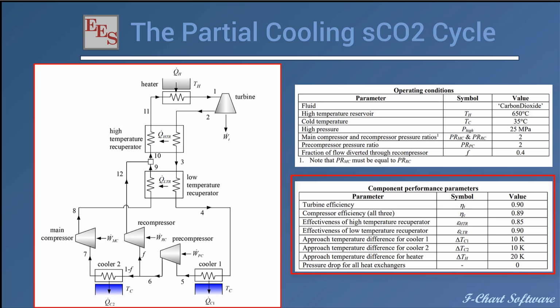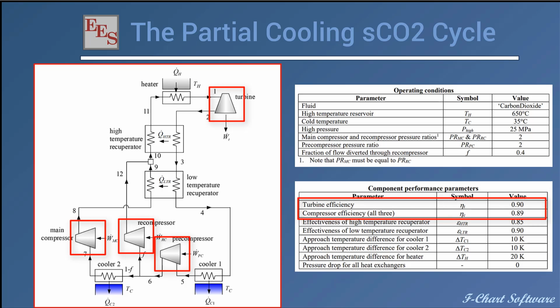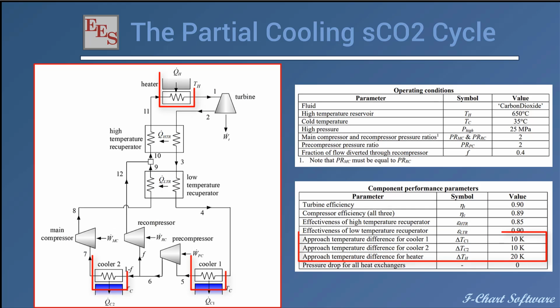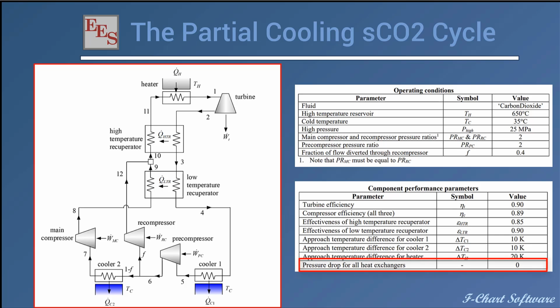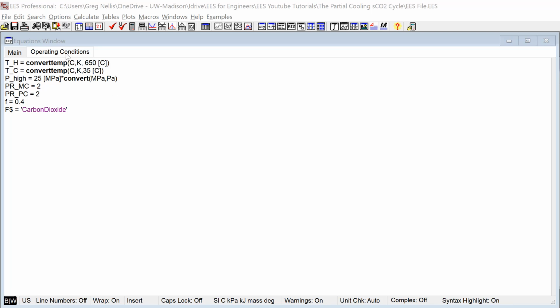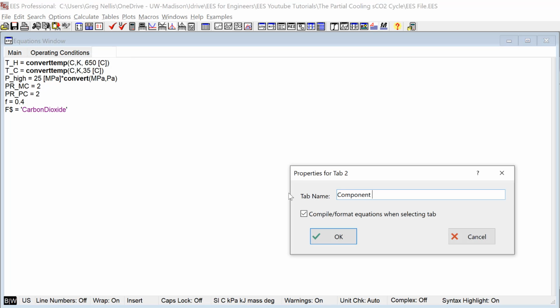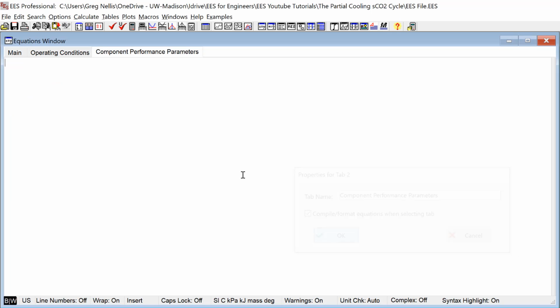So this table lists the component performance parameters that we're going to use to simulate the cycle. We're going to model all the turbo machines with isentropic efficiencies. We're going to model the heater and the coolers using an approach temperature difference, and the 2 recuperators are going to be modeled using an effectiveness. We're going to assume that there is no pressure drop in any of the heat exchangers or the plumbing, and therefore the pressure is only going to change in the cycle as the fluid flows through one of the different turbo machines. So these component performance parameters are entered into another tab, and I'm going to call that component performance